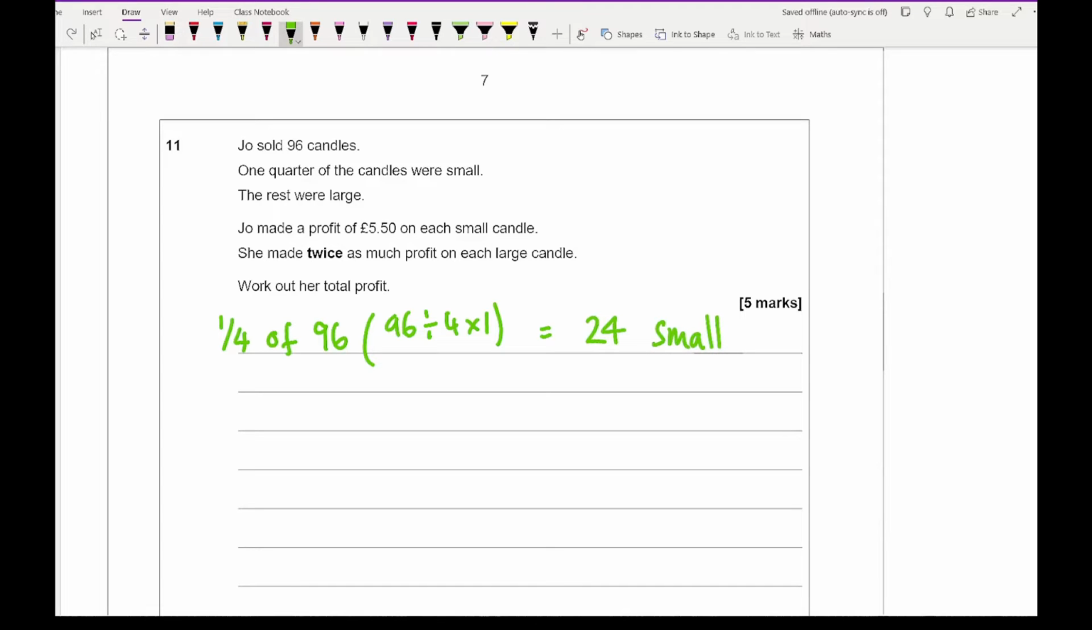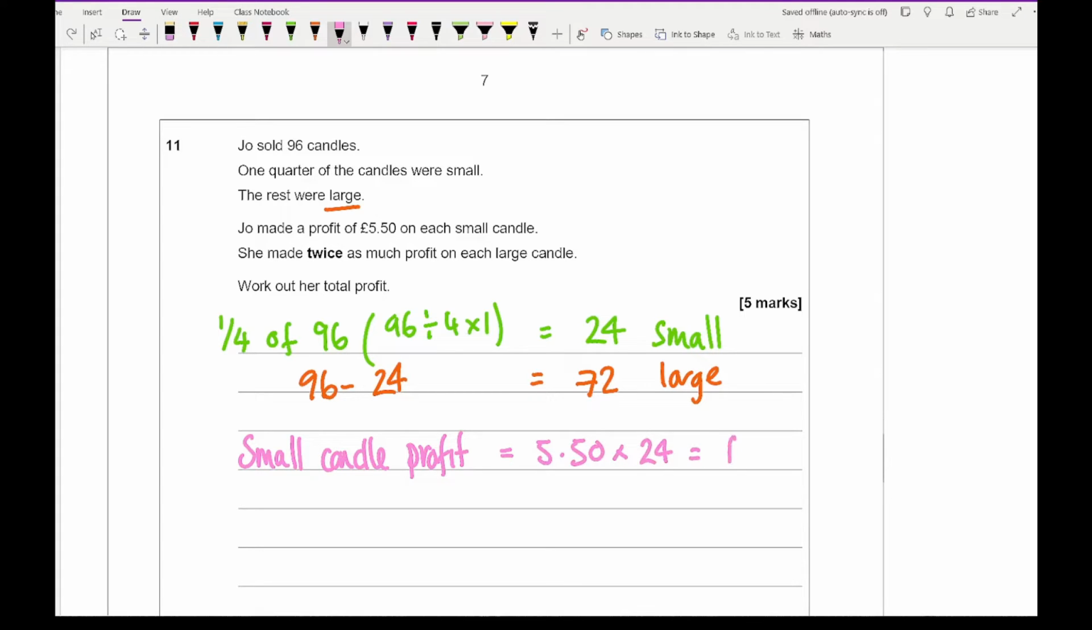Now from this I can then work out how many large candles there were. So the large is going to be 96 minus 24, which equals 72. Now from this I can then work out how much profit they made. So the small candle profit is going to be £5.50 multiplied by the quantity, which is 24, and that comes up to a total of